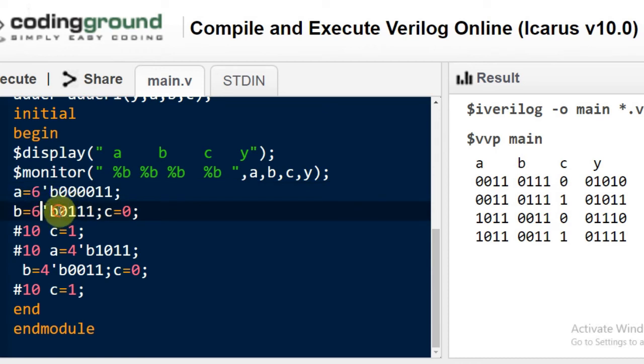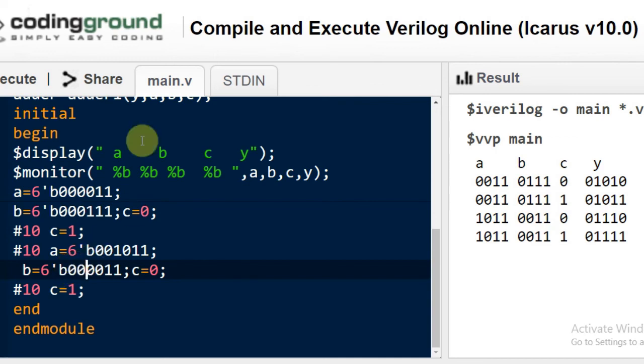Since we have to give the 6 bits, we have to change 4 to 6, and then we have to make a change here. So we are giving 6 bits over here. Similarly, I have to make a change here. So I change it to 0, 0, 6 bits, 0, 0. So let us execute it and see what kind of result we get.